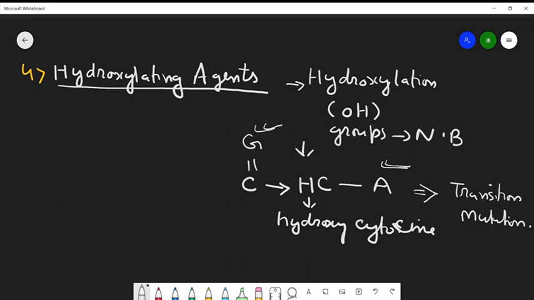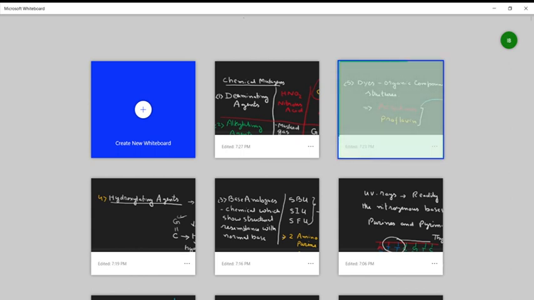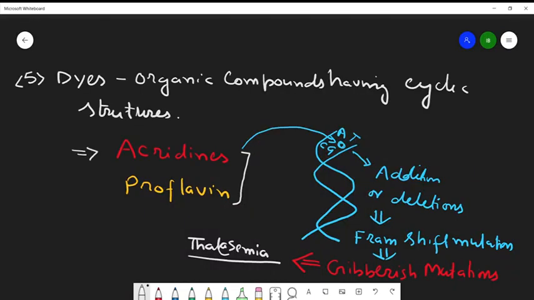And then finally and lastly, we had the dyes. We had seen that dyes are the organic compounds having cyclic structures, and these include acridines and proflavins. What acridines and proflavins do is that they get incorporated or intercalated in between the nitrogenous bases, leading to addition or deletion of the nitrogenous bases, which in turn leads to frame shift mutations or the gibberish mutations, for example